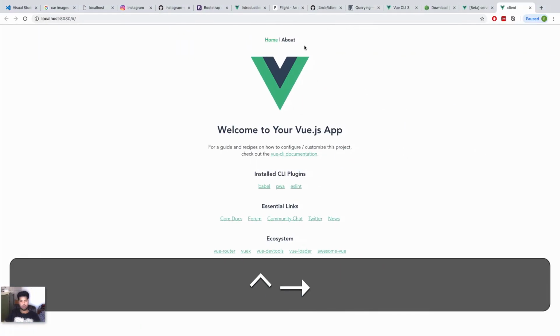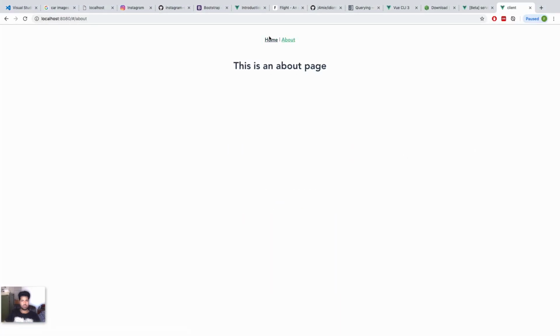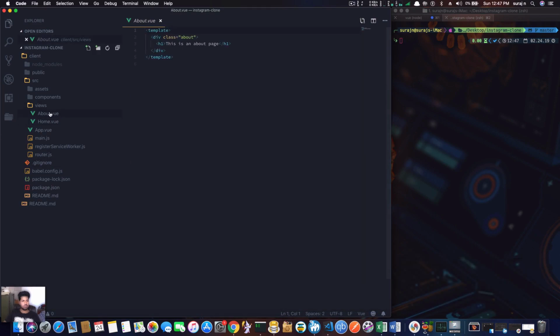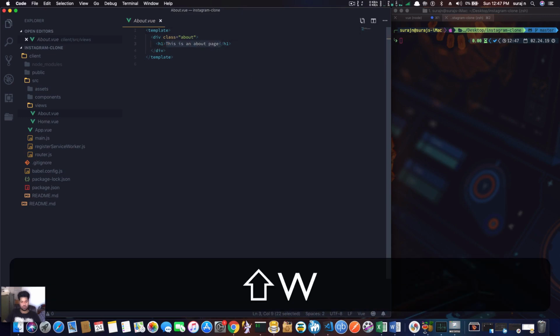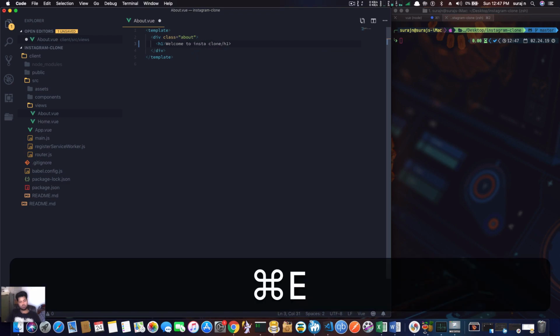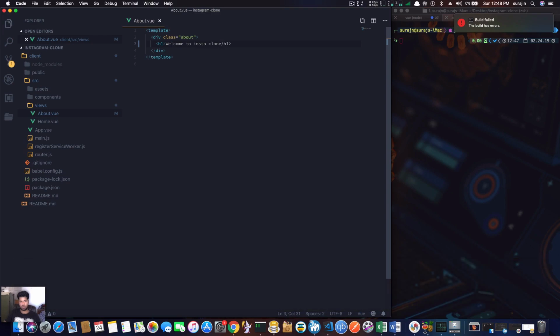If you go to about, this is the about page. If you want to make changes, you can just come over here. This is About.vue, and this says welcome to Insta clone. And if we save this,